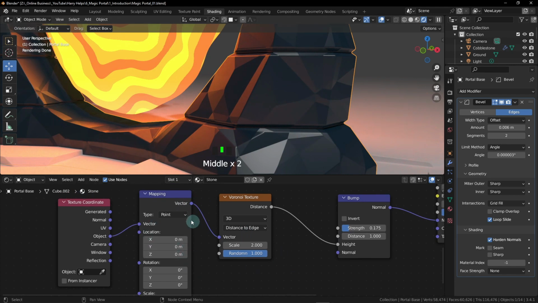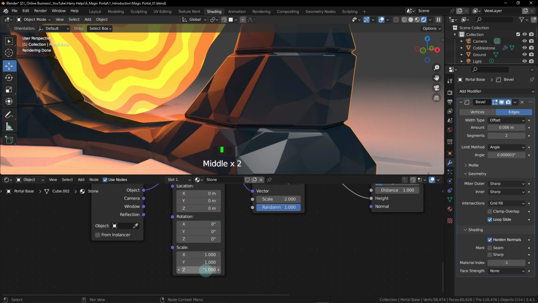Now down here at the bottom for the mapping node, we are going to adjust some of these scales here. And these scales are just numbers that I found that kind of stretch these crack patterns out into more of a stretched, horizontal cracking, which is what we're looking for in the stone. This is again something that you probably wouldn't know offhand. You wouldn't know to type these values in. It's just something that I played with, found that looked good, and now I'm going to have you start with